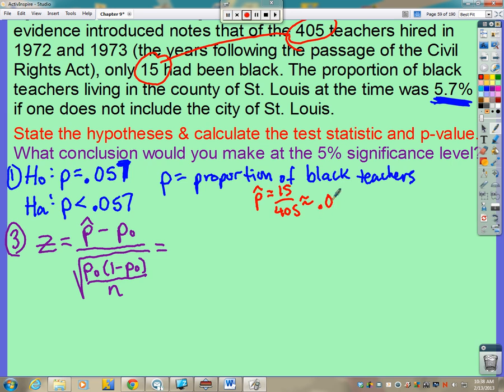So that's really 0.03704 if I want to do 4 sig figs. So this number is less than the 5.7%, but is it far enough less than 5.7% that we could claim discrimination? That's what we're going to figure out. So our p hat is our